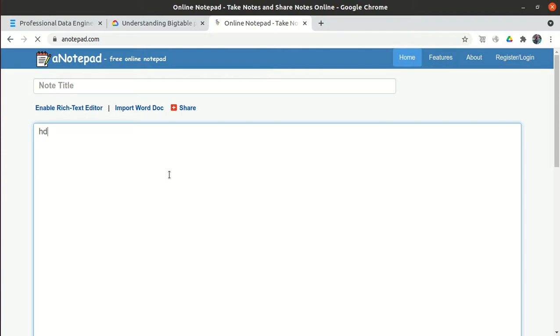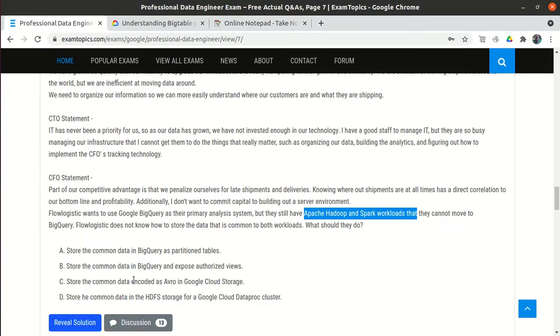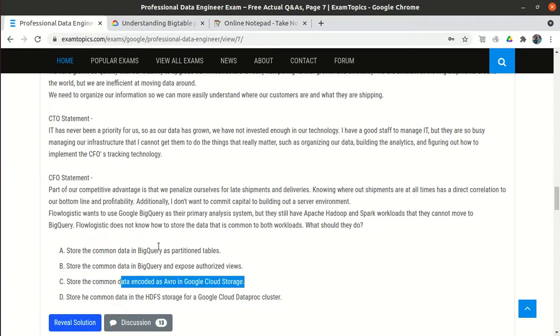So generally in our code, we refer to the location like this. When we use Cloud Dataproc, we just have to change our code like this, so that it will now use Cloud Storage rather than the Hadoop file system. So the best option is to use Google Cloud Storage. Now your concern may be how we will do the analysis, because we want to use Google BigQuery as the primary analysis system.